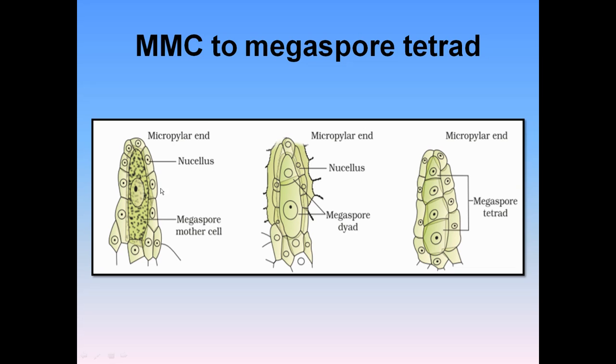First of all, you have to see this diagram: one cell which is quite elongated and has a lot of reserve food material is going to give rise to four tetrad cells, or the linear tetrad cells, by the process of meiosis. And from these tetrad cells, three are going to degenerate. Only one cell is going to participate in the formation of the embryo sac. Okay, now move to the